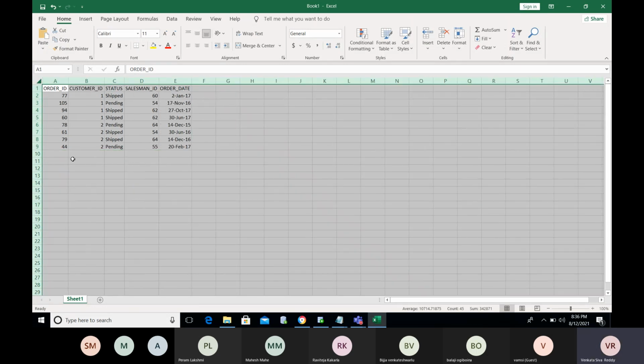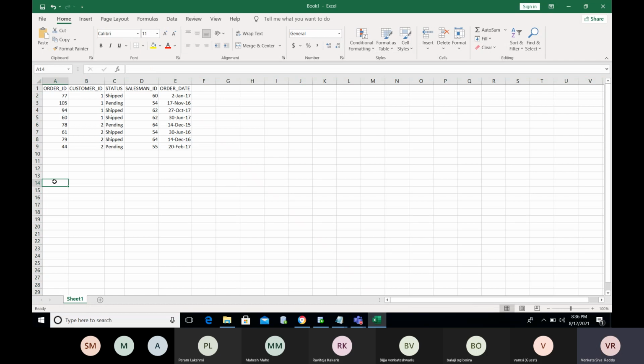Now I need the data like this: customer ID 1 has placed total orders.